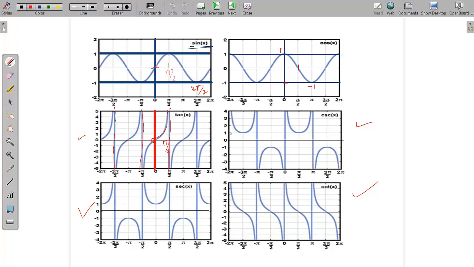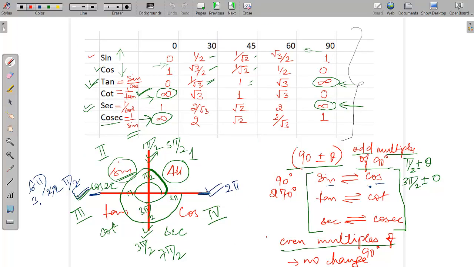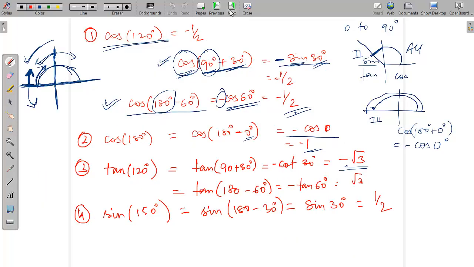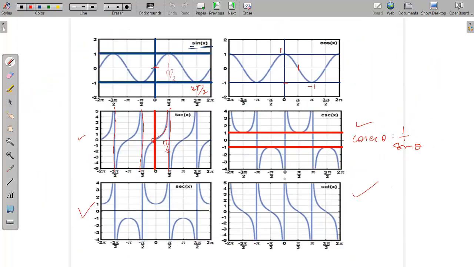You can see that tan varies from 0 to infinity and minus infinity. Now for cosec, if you see the cosec graph, cosec also has infinity values, and it is the reciprocal of sine. So what we know is cosec theta is equal to 1 by sine theta. Sine 0, we already know these values. So cosec 0 is infinity. So cosec starts its values with infinity.